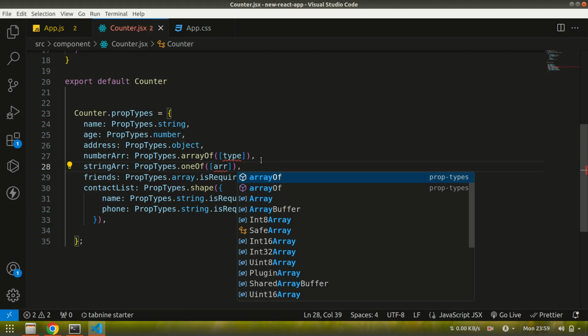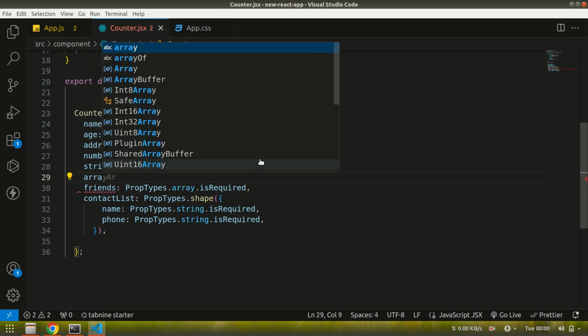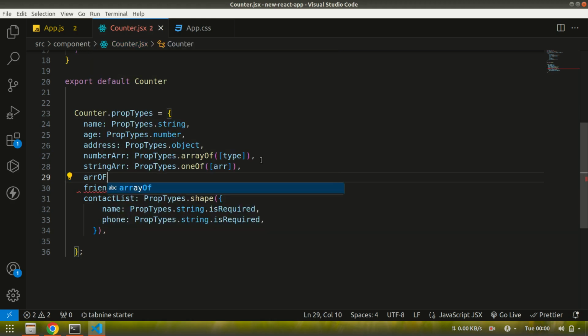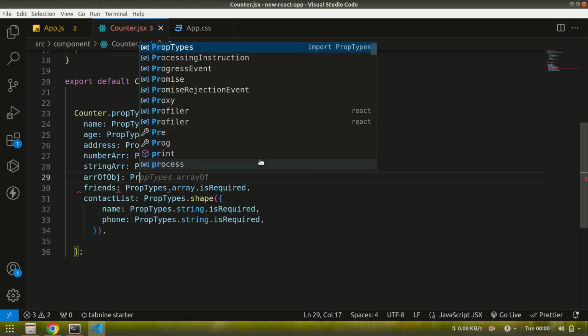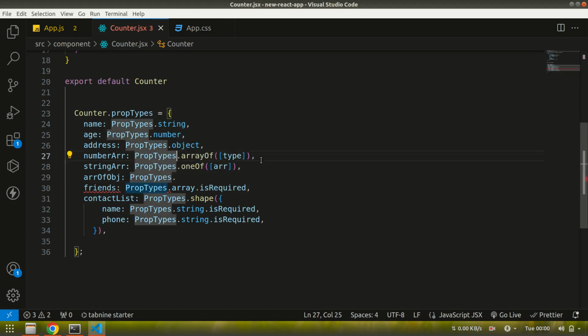Is a string or not. And the third one is array of object, and to define this we just have to use PropTypes.arrayOf,